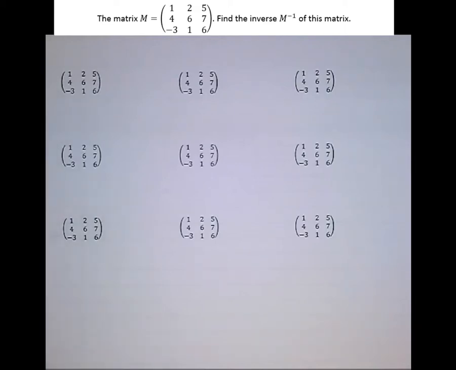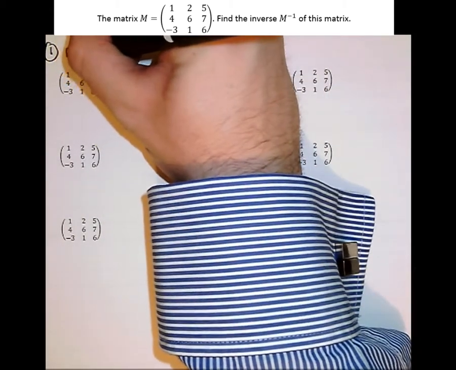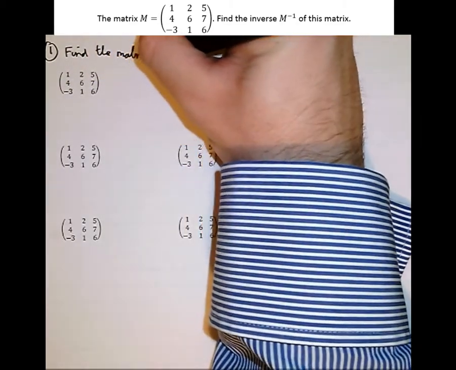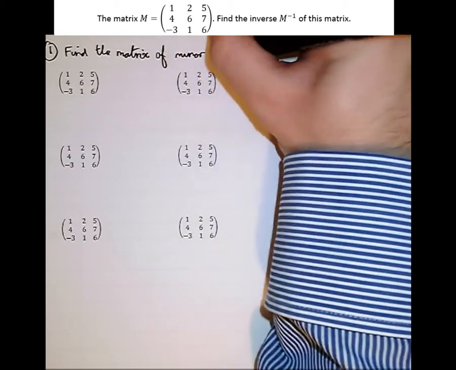So the question asks, the matrix M is 1, 4, minus 3, 2, 6, 1, 5, 7, 6. Find the inverse, M to the minus 1, of this matrix, where that power minus 1 denotes the inverse of M. Step 1: find the matrix of minor determinants